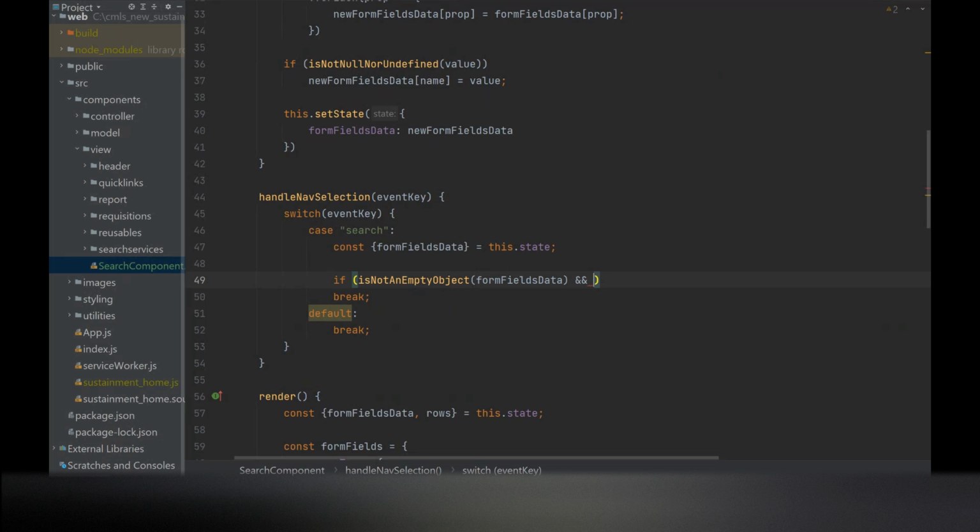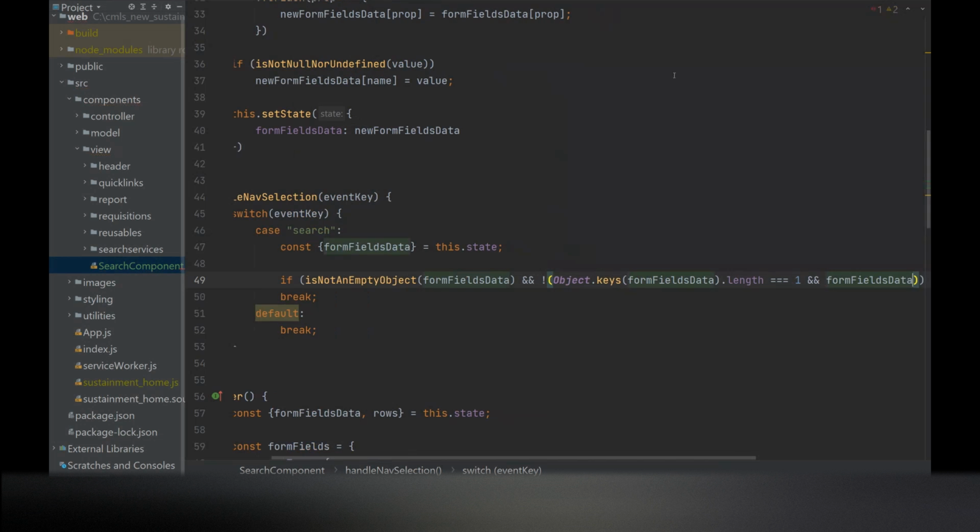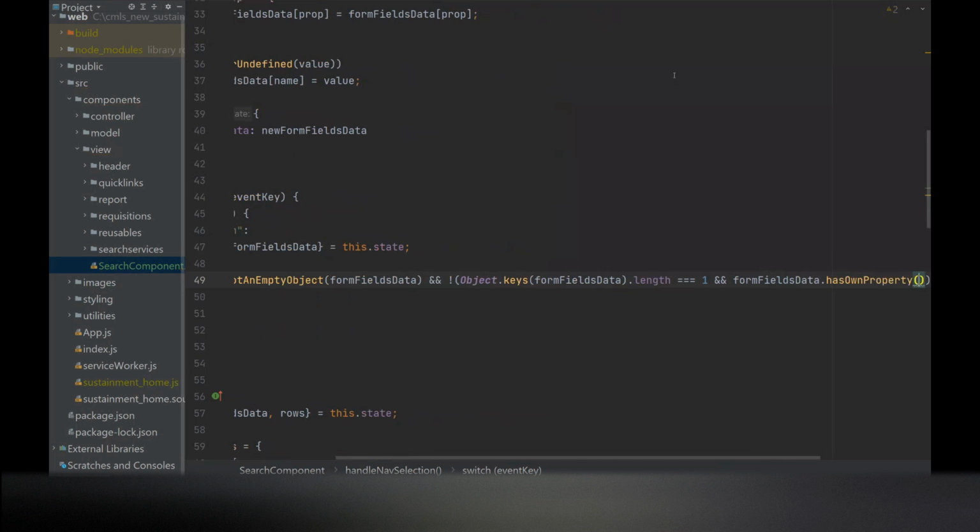So if it's not an empty object and FormFieldsData, or if the object itself has a length of 1 and is not length of 1 and FormFieldsData has one property